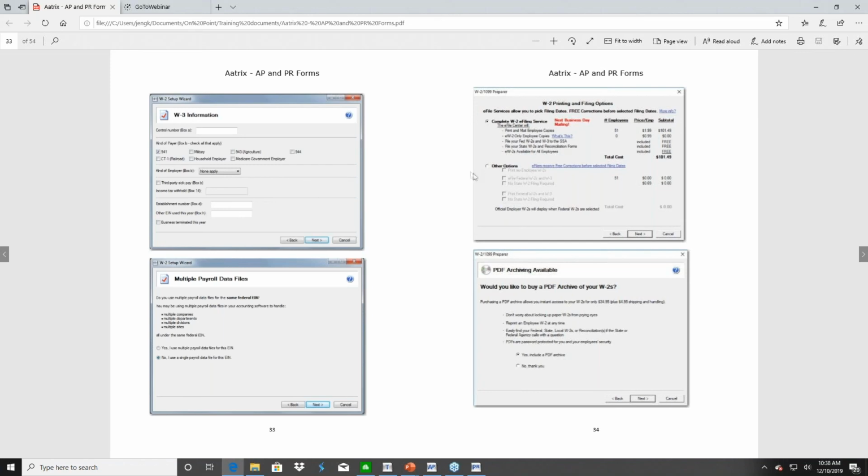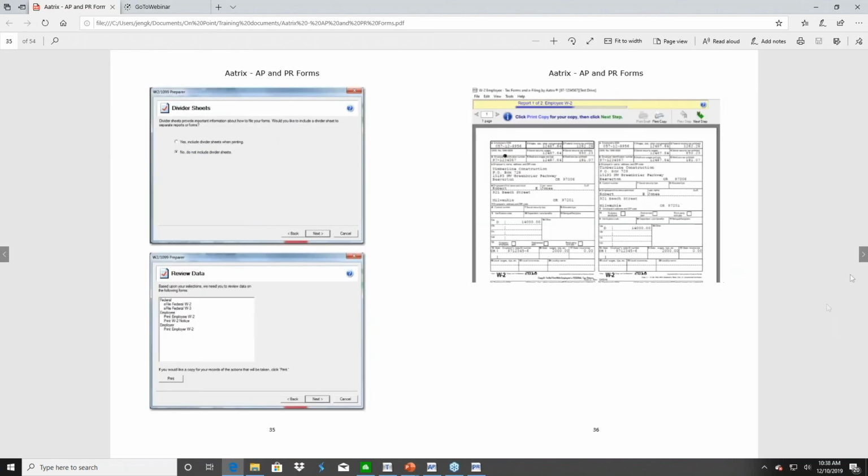To do the test run, just change this to other options, and then I would just print your federal W-2. Check that box, and the cost should come back at 0. Okay. All right, and then next, it's going to ask if you want divider sheets. I would probably say no. It's going to show you which forms are going to print. Just hit your next button, and then it'll show you